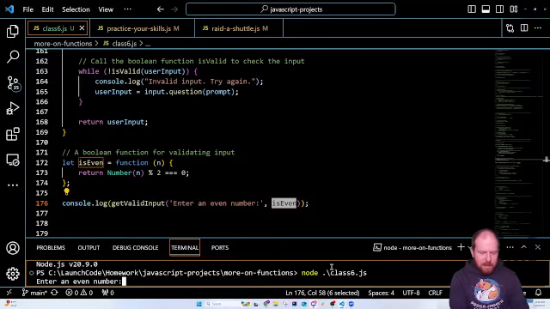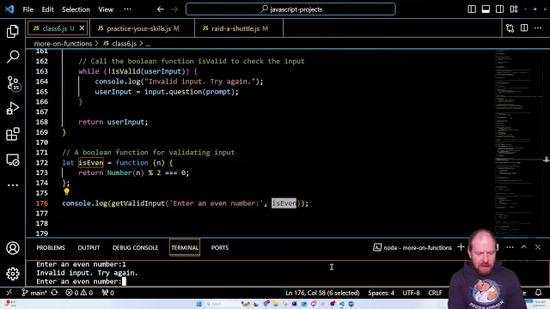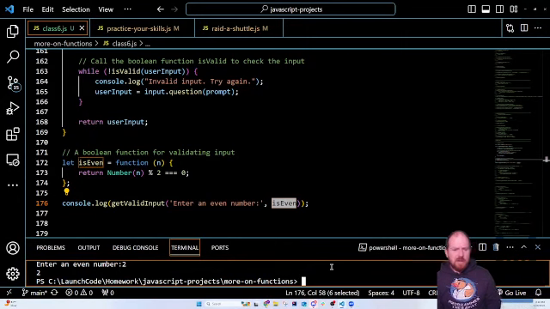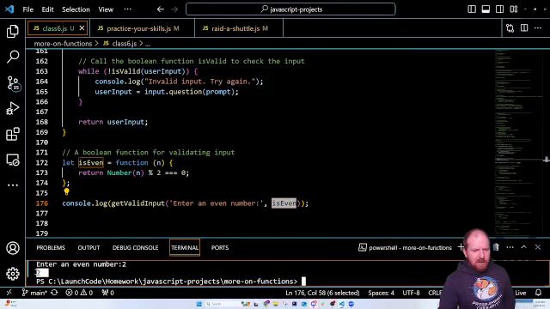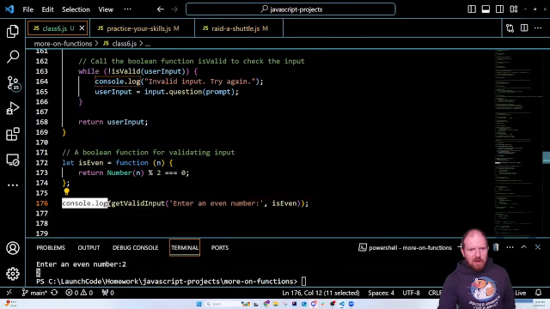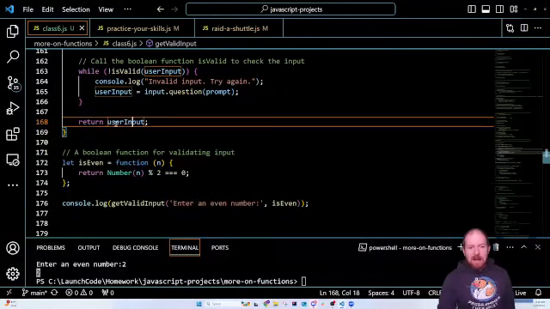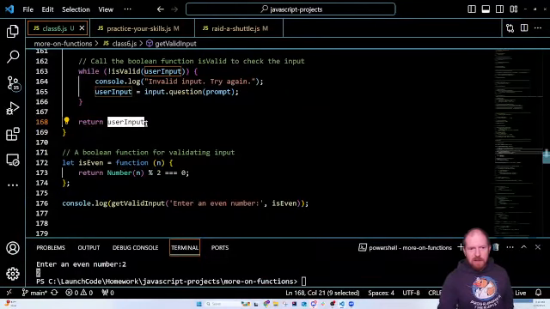So it says enter in a number. I say 1. It says it's not good. I say 2, and it's perfectly fine. I think there was a question on why is it return, like how does it print this 2? And that's because the console log is going to print whatever the user input is returned to it. But it's not going to actually return this user input